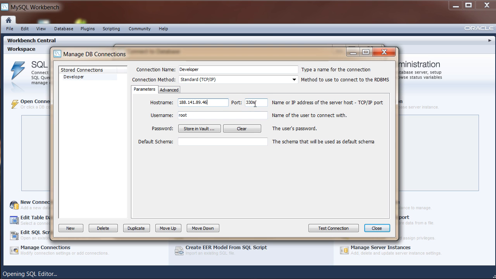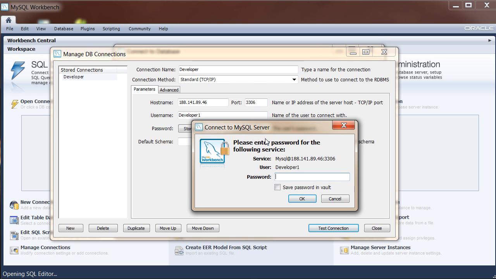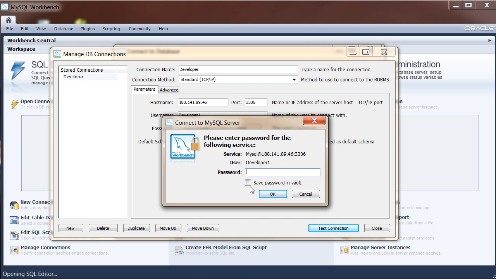This could be changed in the config.ini file for MySQL if you wanted to do that or needed to do that. I'm going to choose the username now, and we're going to test the connection using the test connection button here in the bottom right. You can see now it's asking us for the password for this user,